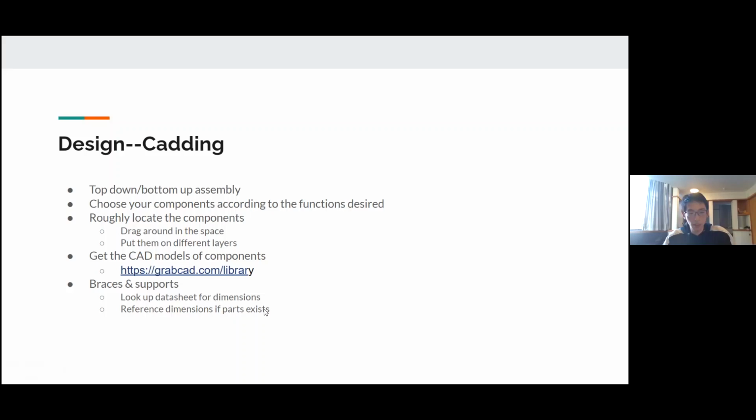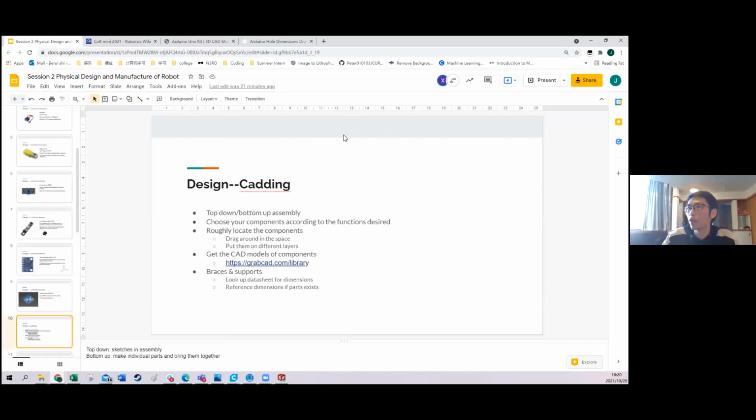And I think we are on time. So I'll demonstrate what I mean by doing braces and supports, and also show you guys a bit of basic CADding if you're not familiar with it. I'll stop the presentation for now and bring up my SolidWorks. So say you want to,